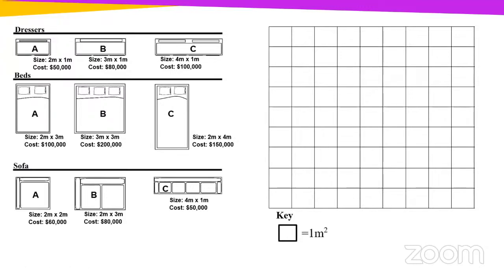All right, so there's a little hint on my screen. Notice there's a grid, and also we have the category of furniture there. Let's look over on the grid. So this is what is going to help us. Earlier on, one of the participants said that we're going to need to find the area of the furniture, add up the total area of the furniture, and then subtract that from the total area of the floor space, and we would see how much walking space we have left. Now, that information is key.